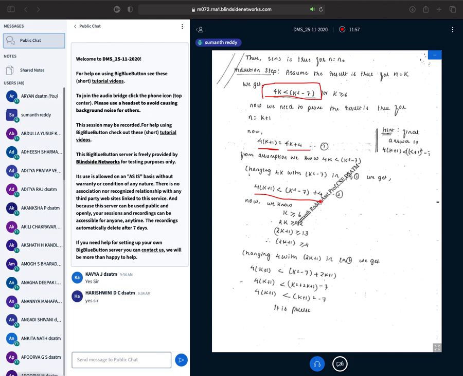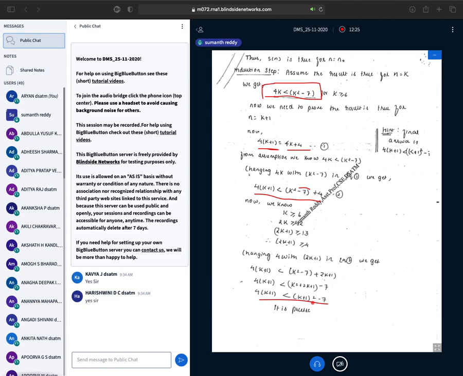But you already know the final answer should be k plus 1 whole square minus 7, but here I have k square minus 7. So now, if I have to get this one, as I have told you, this is the final answer, that is k plus 1 whole square minus 7. So minus 7 already I have, correct? In this term already I have minus 7, but this plus 4 somehow I have to replace, because the final term that is required for me is k plus 1 whole square.